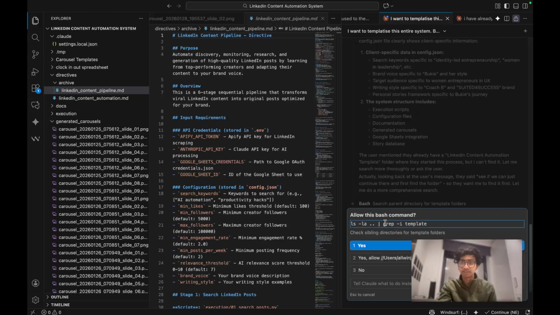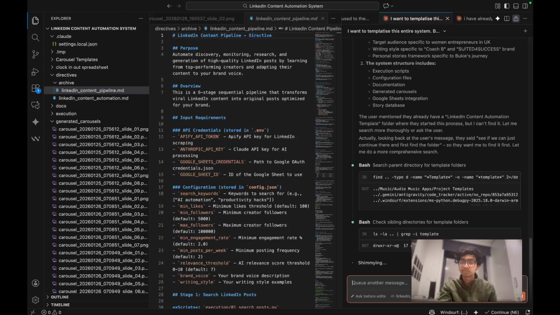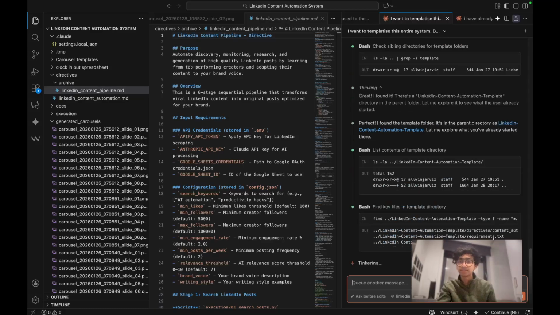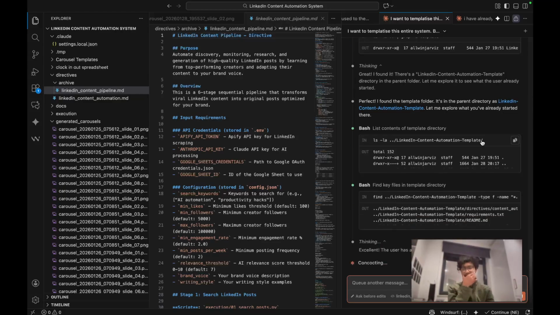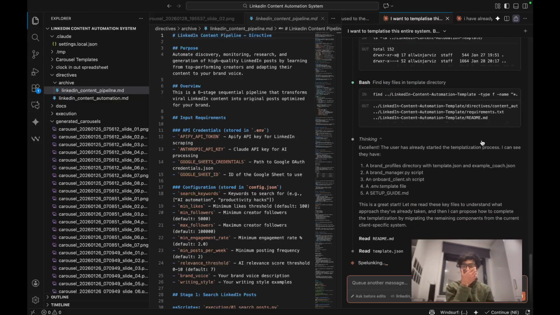Yeah, it's looking for the system and trying to understand this. So I'm just gonna allow. Yeah, it has actually found the template that I've already built. Now, as you can see, see how efficient this is, rather than me having to